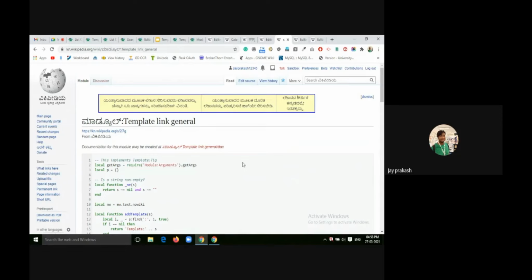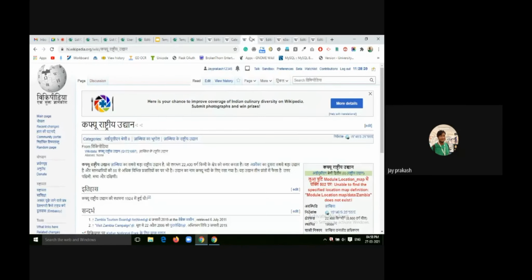So like that, you can go to your wiki and see on which pages there are script errors, and try to fix those templates by creating the modules on your wiki. On Hindi Wikipedia, for example, there is a Lua error. You can see that the module Location map/data/Zambia does not exist.